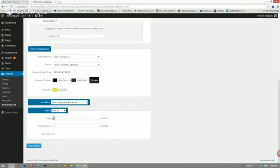So what I can do is I can set the delay. That's the amount of time the scarcity bar will wait before showing up, and the transition time, that is the amount of time which it will use to complete the animation. And you can also select to play a sound while it pops up, so that people will be attracted towards it. They will see the bar when it appears. Let me show you how it works. I'm going to save it,